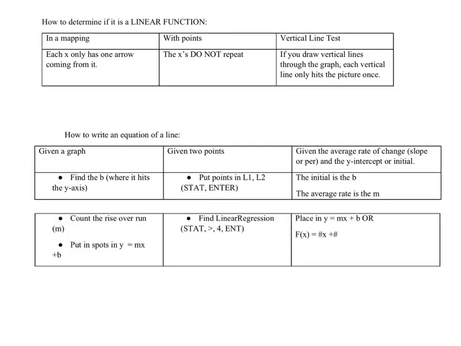How to determine if it is a linear function. In mapping, each x only has one arrow coming from it. So that means if I had